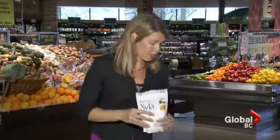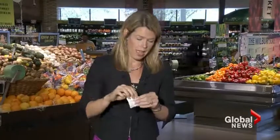Xylitol is a sugar alcohol, so like sorbitol and mannitol, sugar alcohol is neither sugar nor alcohol. And what it does is actually has a sweetness that's one-to-one with sugar. I'll show you what it looks like because it actually does look a lot like sugar. It comes in little packages so you can use it for your coffee,